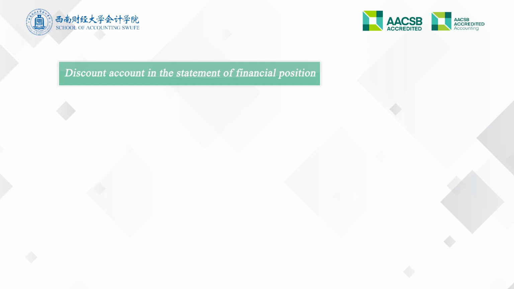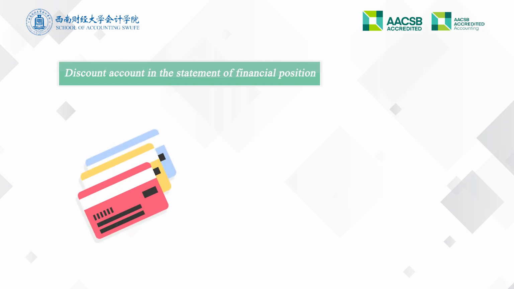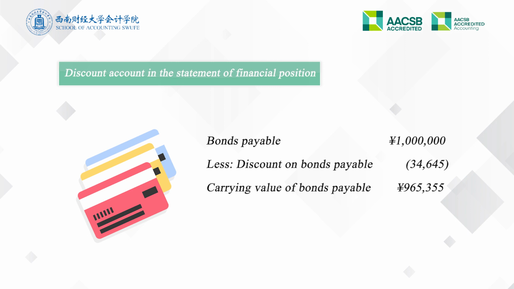The discount account is deducted from bonds payable in the statement of financial position as following. Bonds payable 1 million yuan less discount on bonds payable 34,645 yuan is the carrying value of bonds payable,